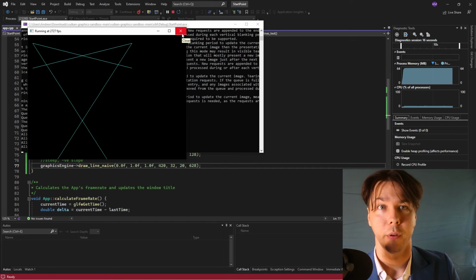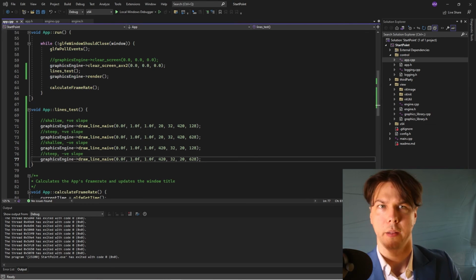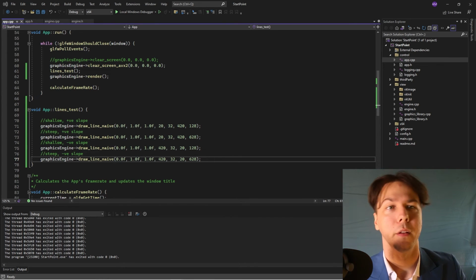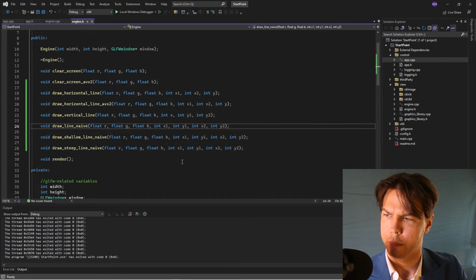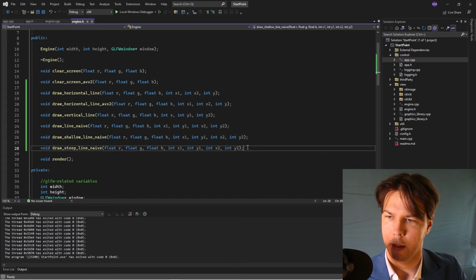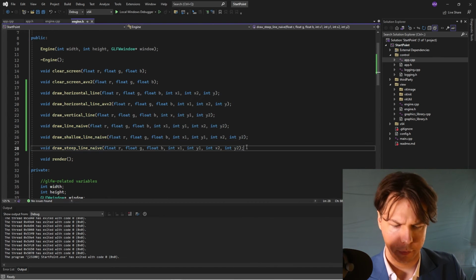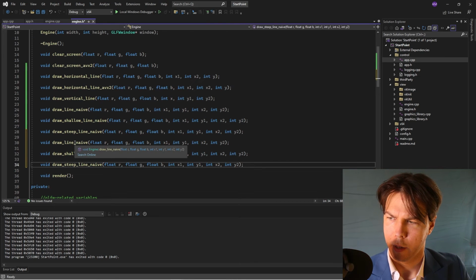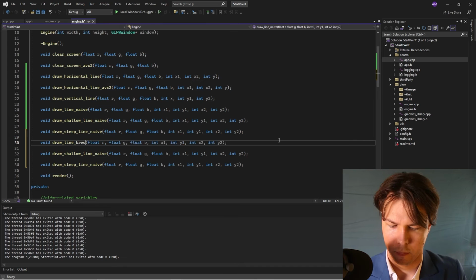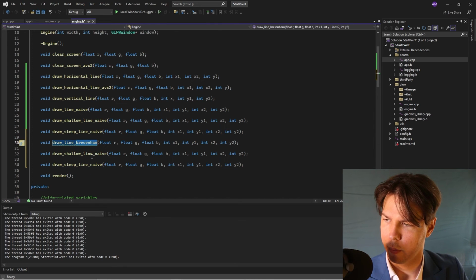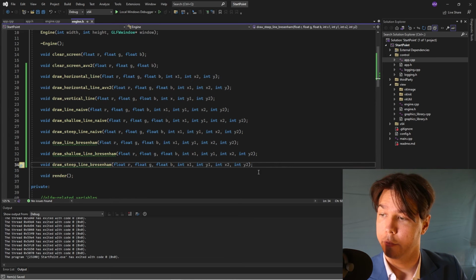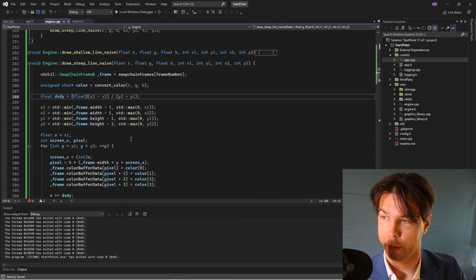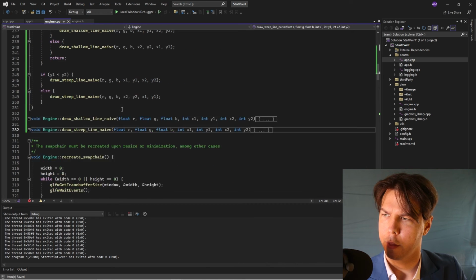The next point is we'll look at Bresenham's line algorithm. All right, so we've got the naive algorithm working. Let's have a look at Bresenham's line algorithm. We'll head to the header, and I'll go ahead and add in some more functions. So we'll have draw line Bresenham, and then likewise naive becomes Bresenham, and same with the steep. Okay, cool, excellent. So now we can head over to engine.cpp and grab everything in this